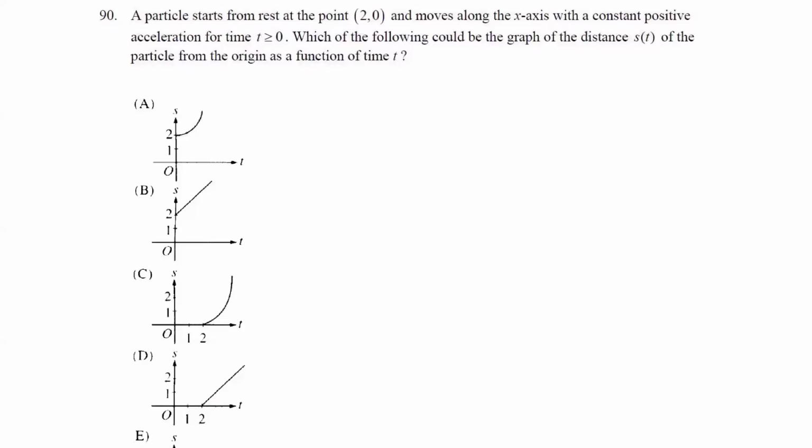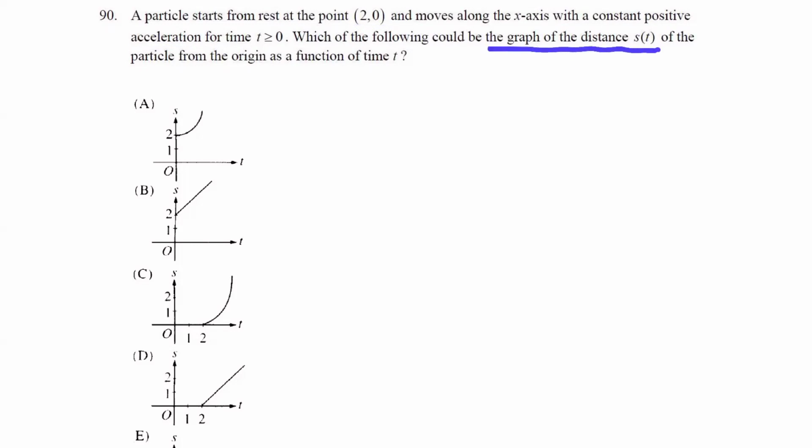In this question, we are given that a particle starts from rest at the point (2, 0) and moves along the x-axis with a constant positive acceleration. And note it's acceleration and not the velocity, for time greater than or equal to 0. And then the question is, we are given 5 charts, and which of the following could be the graph of